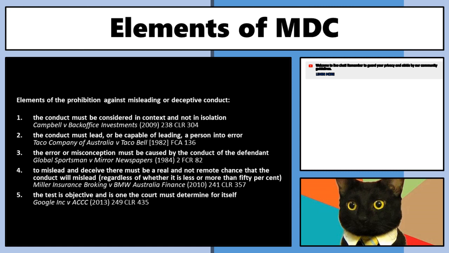All right. And there has to be a real and not remote chance. They don't want to use this 50%. Judges will never say on balance of probabilities is 51%. They try to avoid those sorts of phrases. They really try to not use that type of language. But you do have to prove that there is a genuine chance somebody could be misled here. And again, the Taco Bell guys kind of failed on that as well.